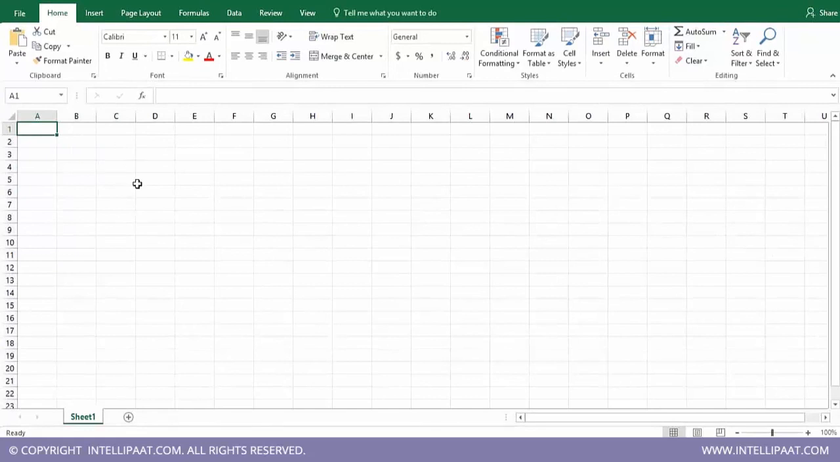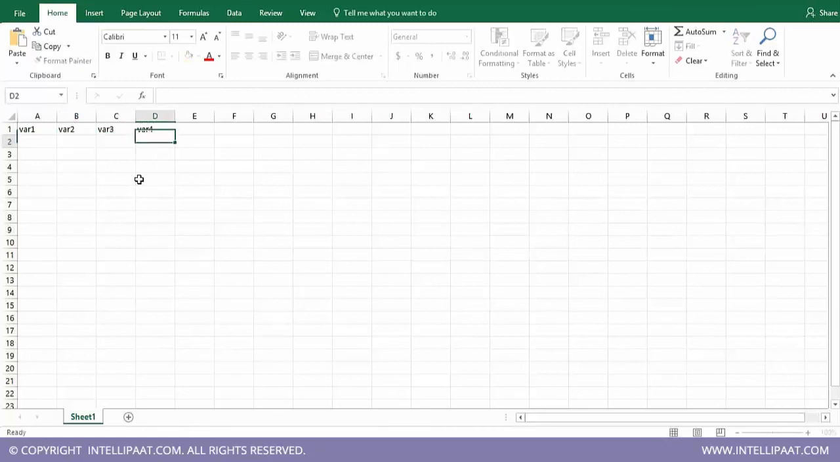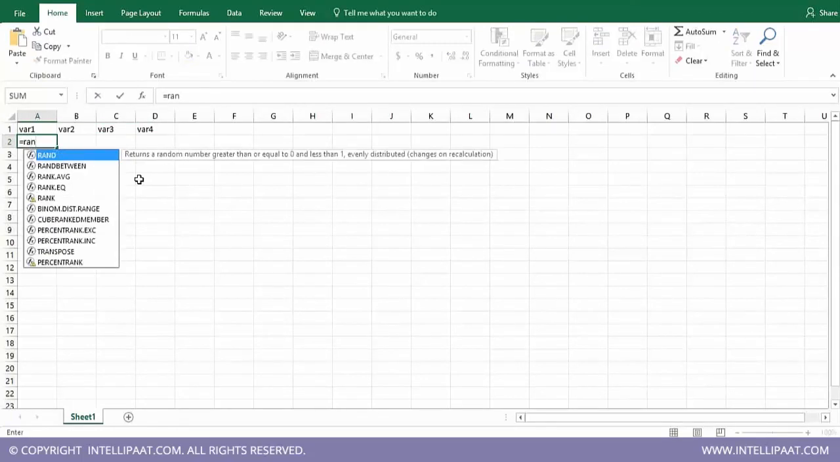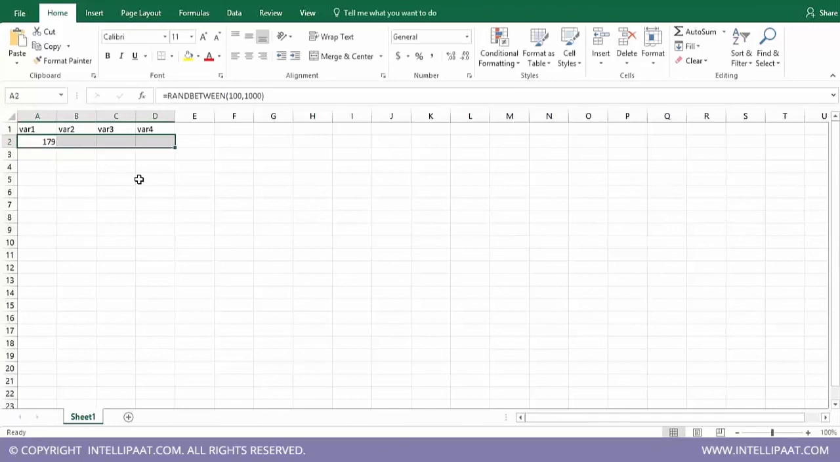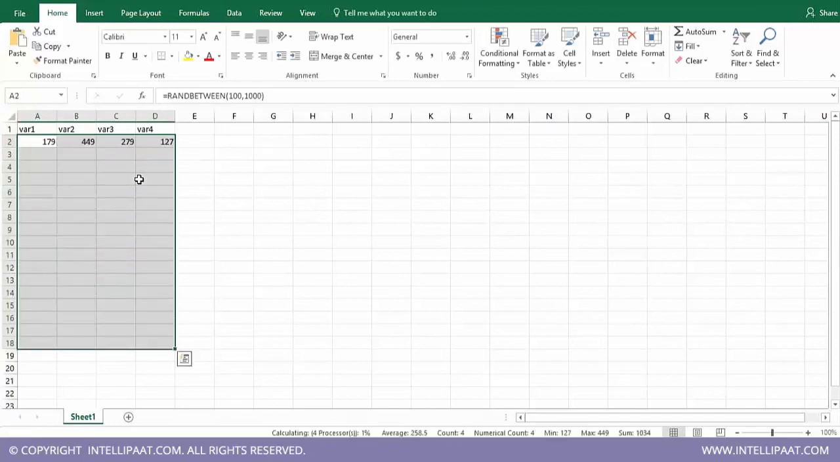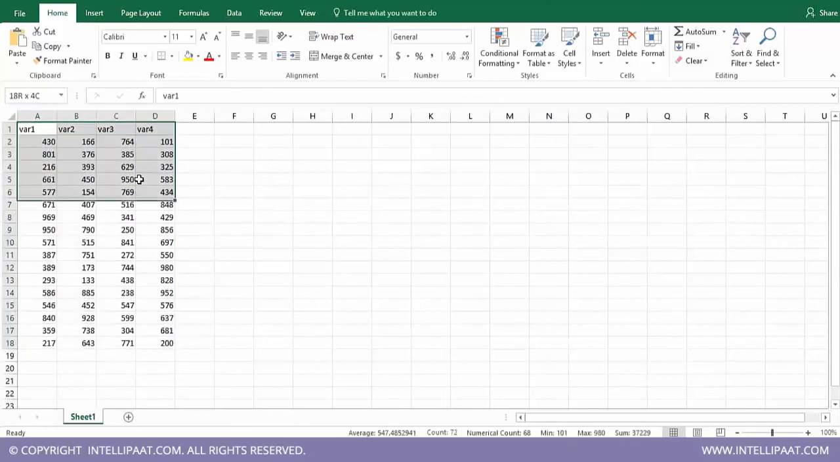What I've done is I opened a new Excel and I can just provide quickly the name of the variables. It's var1, var2, var3, var4. Okay. Now I need to populate values in this. What I can do is use Excel functions, and let's say I want to populate numbers between 100 to 1000. So it will help me populate random numbers very quickly. Okay. Now this is a table that I can take to SAS